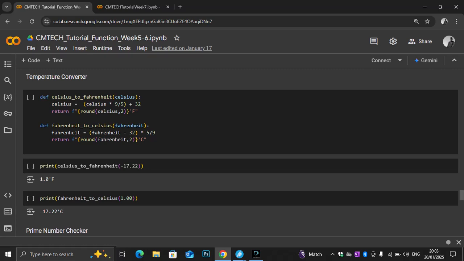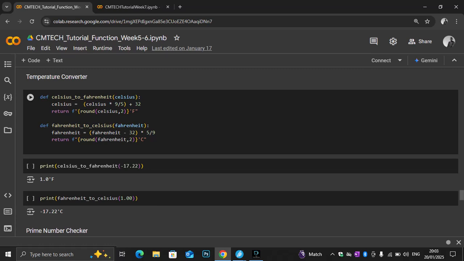So after this class, you have successfully learned about advanced Python programming language. After this temperature conversion, we are going to